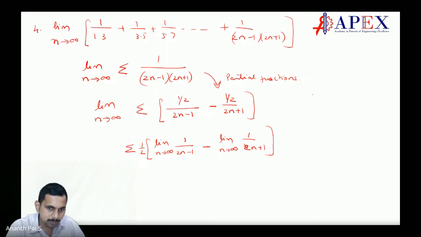And 1 by 2n minus 1, when you take n to infinity, it will become 0, correct? And this summation of 2n minus 1, let us take it. When you summate this 1 by something,